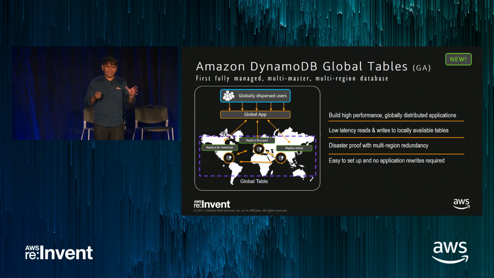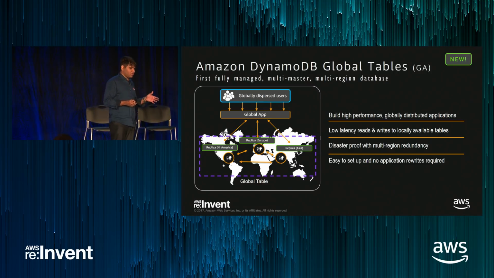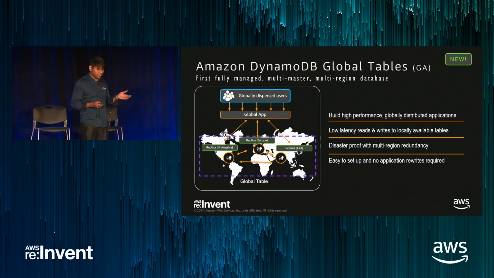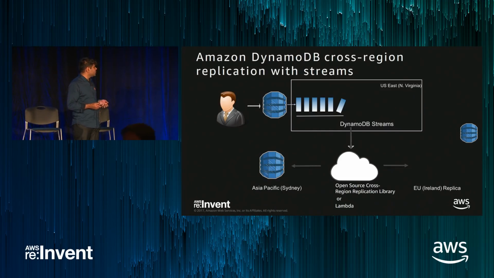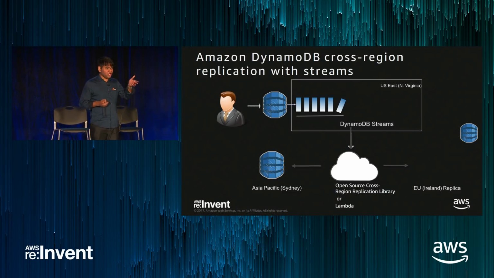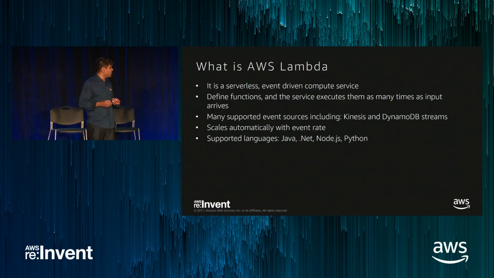So this DynamoDB replication solves a lot of problems for you. But if, as of now, there is a region where DynamoDB global tables is not available, what you could do is use what is known as DynamoDB Streams. Streams is basically a place where a log of changes comes. It is something similar to the MySQL bin log. So every change gets reported into the stream. So you can pick up those changes from the stream in one region, and have a Lambda function picking it up and writing it to the other region.